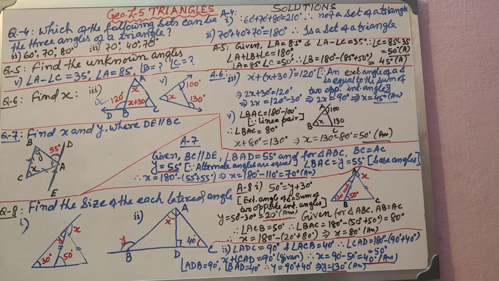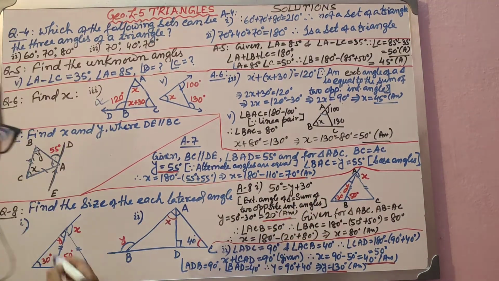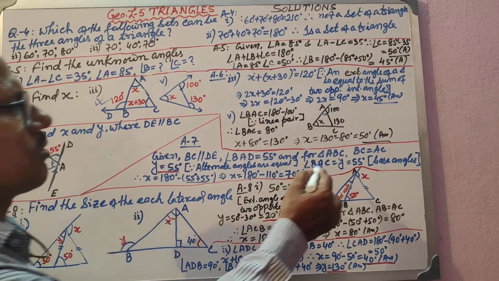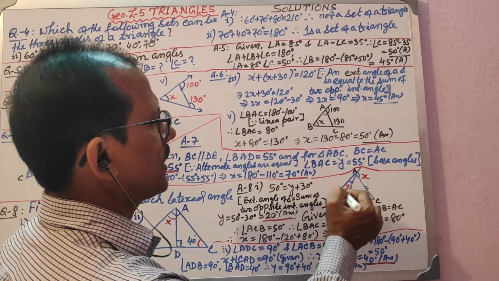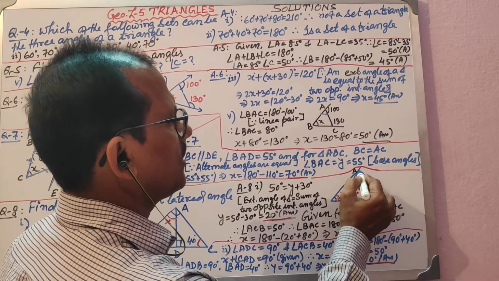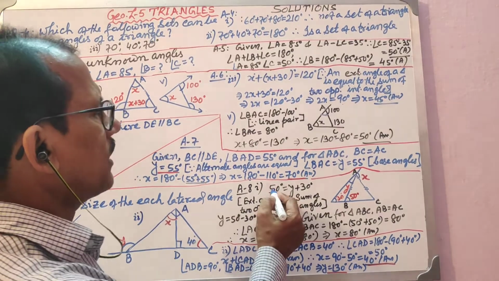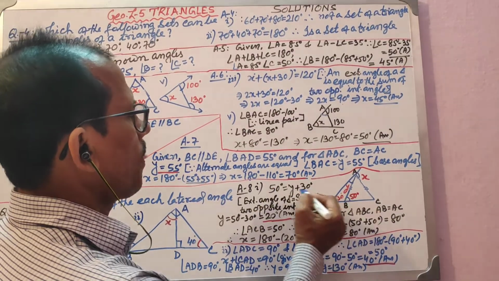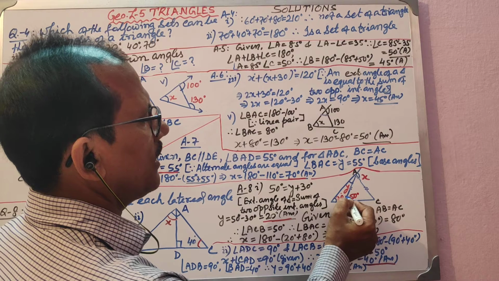y. You draw the figure given and name the three vertices, that is what you have done. Drawn the figure and named them A, B and C. This triangle is what you have taken. So 50 degree is equal to y plus 30 degree. 50 degree is the external angle.